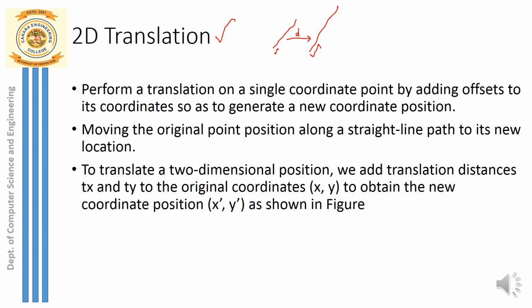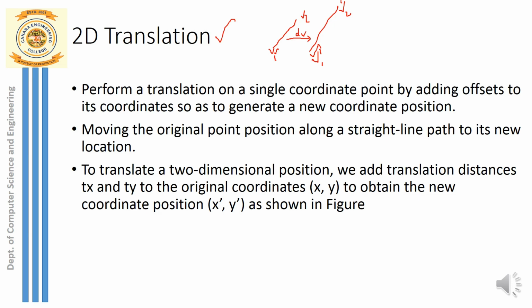So it is something like, if a line has two endpoints, let me take them as V1 and V2 as usual. So whenever I apply this translation, I need to specify the displacement, by what distance you are shifting the object. That displacement you are supposed to add, and then the new set of vertices you are supposed to calculate, because after moving the line has shifted to a new position. So the new set of coordinates, let me take them as V1 dash and V2 dash. So what is V1 dash? How do you calculate it?